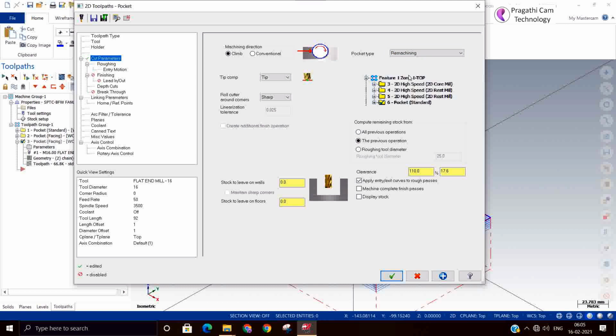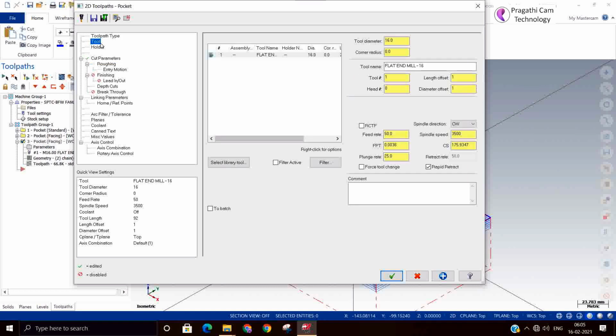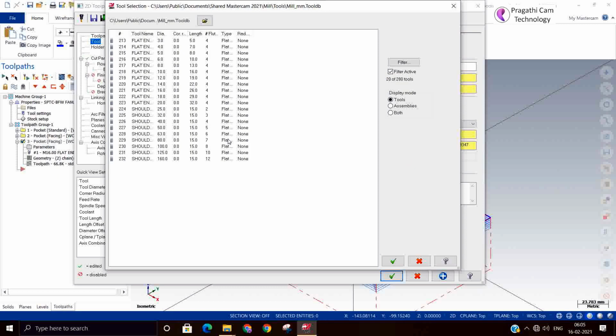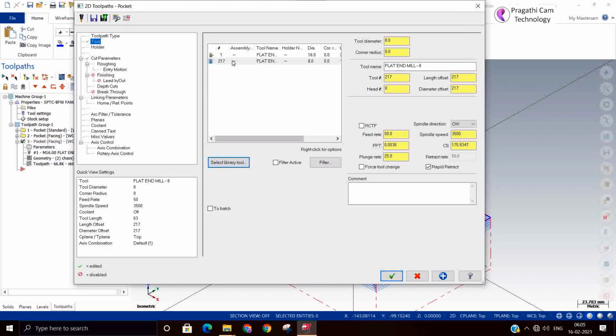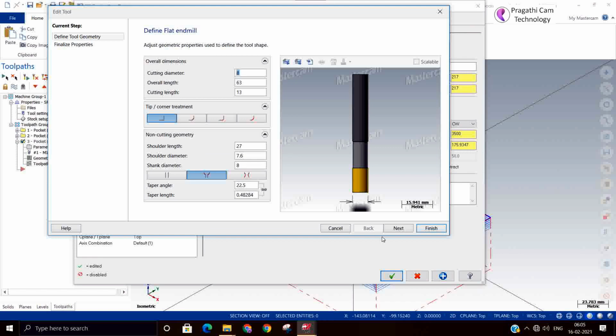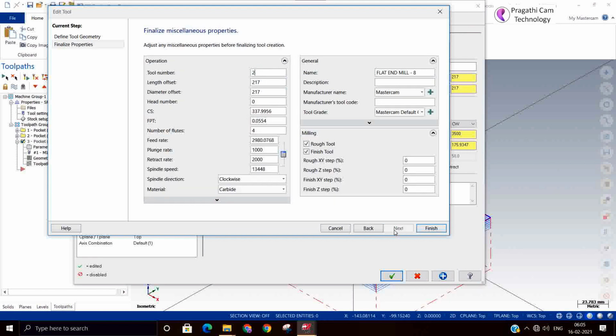The diameter of the cutter is 16, so we have to select a smaller cutter now. You can take the 8 diameter cutter here. Change the cutter number, the tool number. You can change the cutting speed based on the material, and feed per tooth and plunge rates. Finish.